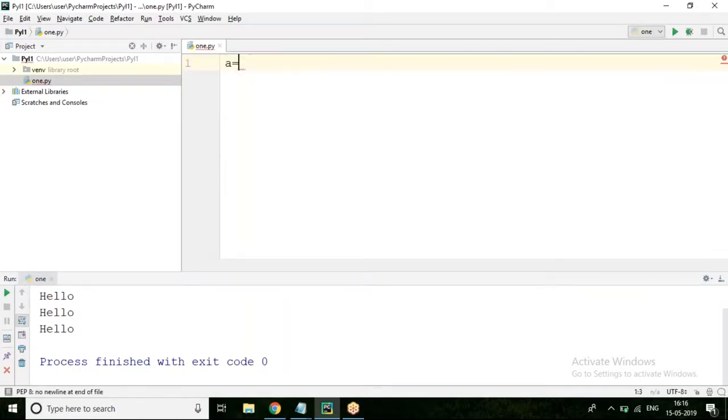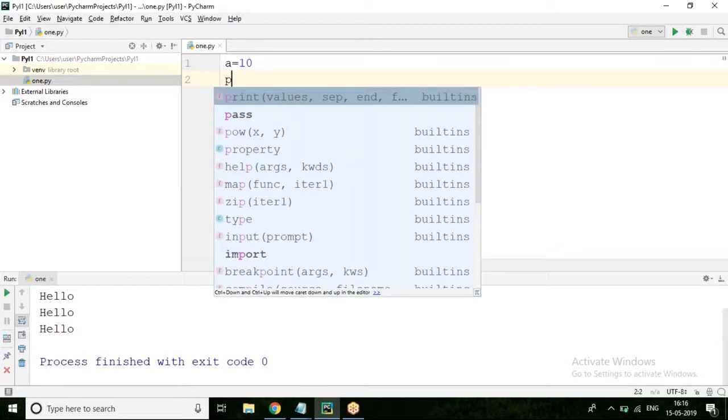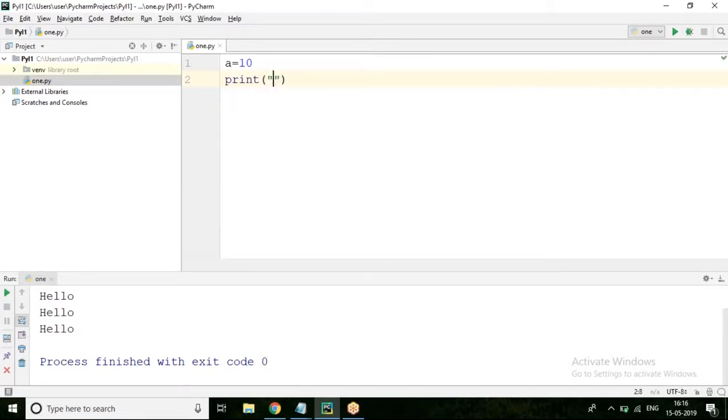Now I will write like this: a equal to 10. Print a. If I write a equal to 10, whenever this instruction is encountered, to any of the free cell, the name a will be taken and 10 will be stored into it. That is okay. So if I give print a, will 10 be printed or a will be printed?